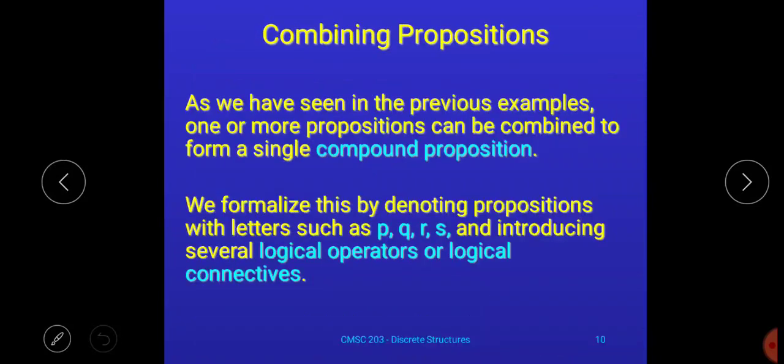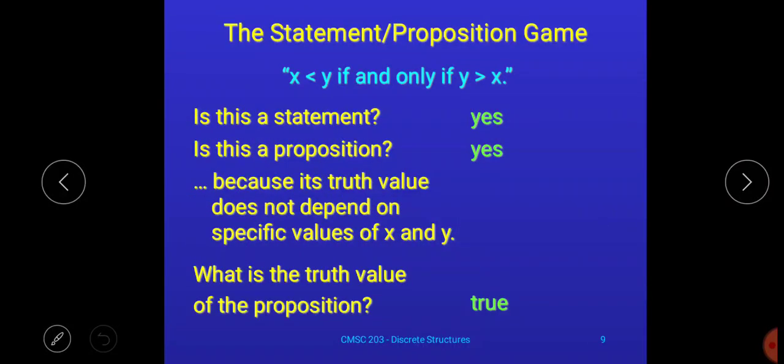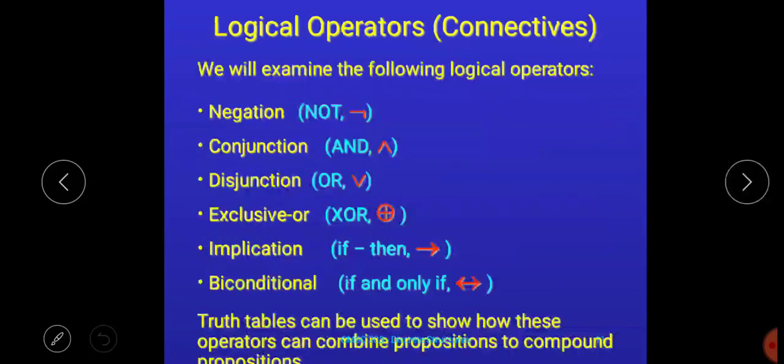Before that we discussed what is a compound proposition, and then we discussed this type of example. If and only if is a logical operator that we use to connect two different propositions together. Now in this session we will discuss the truth table of every logical operation in detail.